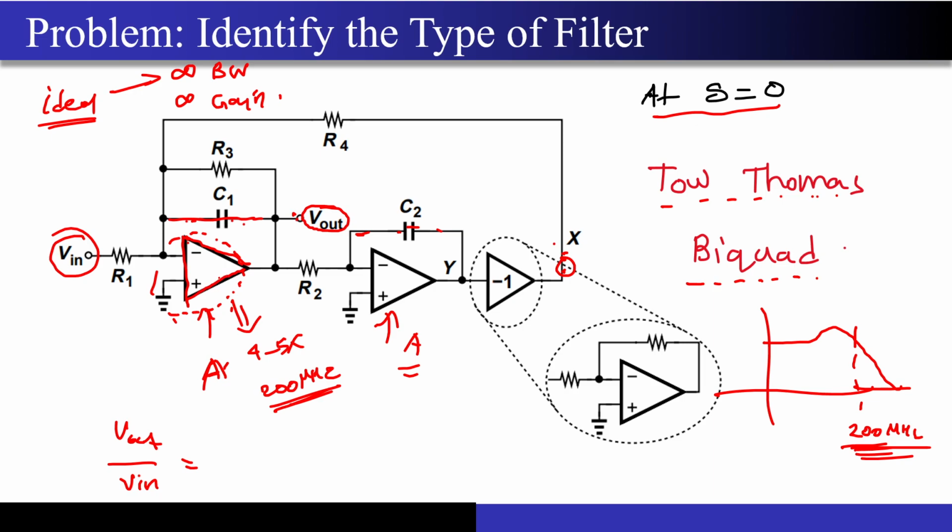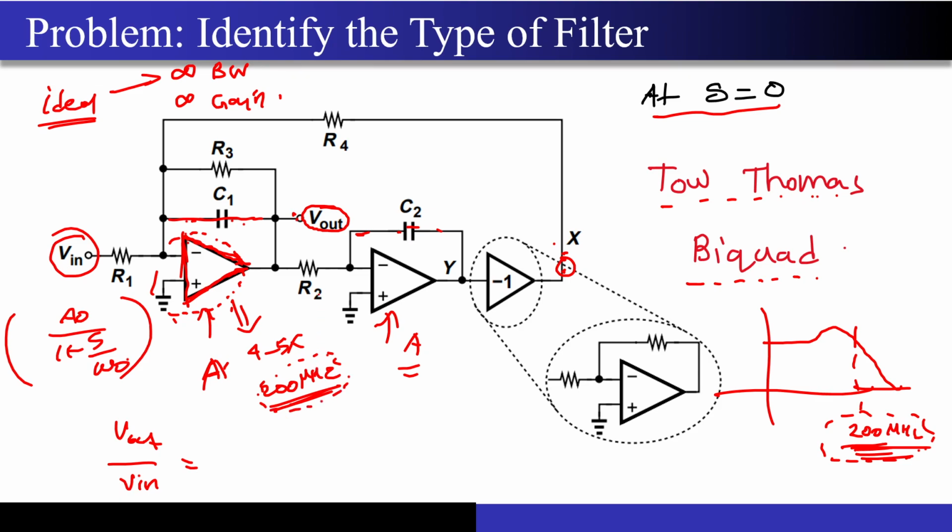It will have trouble means you will have trouble in finding out the transfer function of this entire circuit by assuming an op amp like A naught upon 1 plus s by omega naught. It will become heavily complicated, right? So now I want my op amp to be very, very fast. I don't want it to be speed limited. So whatever 3 dB frequency of the filter that I want to design, always have an op amp whose 3 dB bandwidth will be at least 4x or 5x of that frequency.